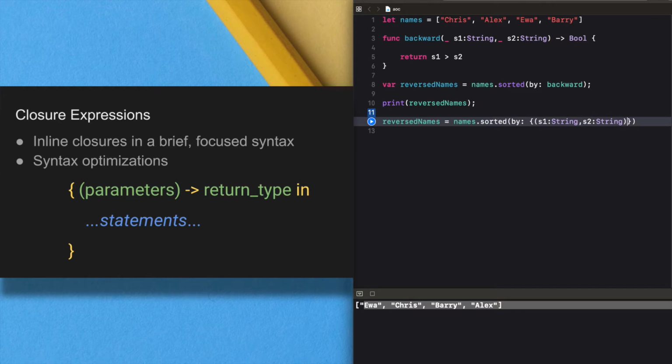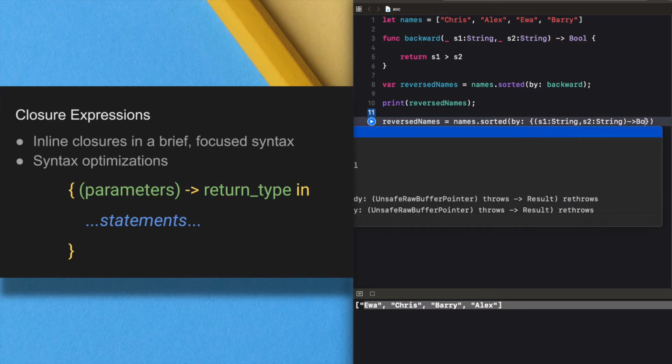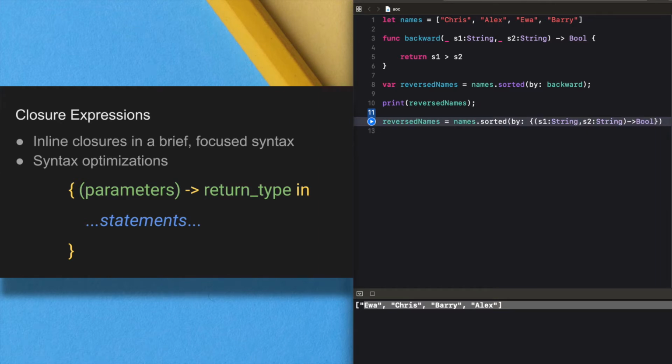After that we have the return type, that is Bool, and in.